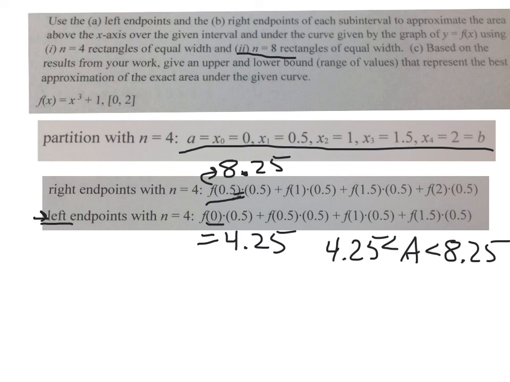But theoretically, we can actually use any number in this first subinterval. And this first subinterval would be anything between 0 and 0.5. We kind of use the extremes here with the left and the right, but we could use 0.1 for the x value, or 0.3875 for the x value